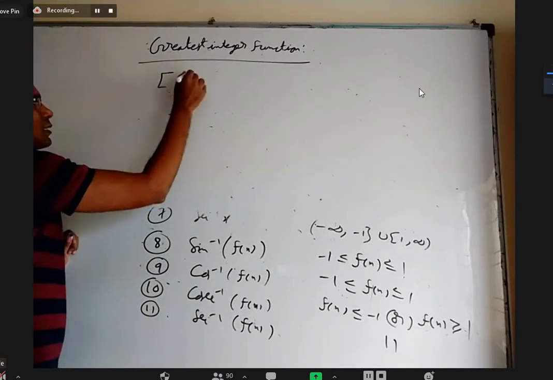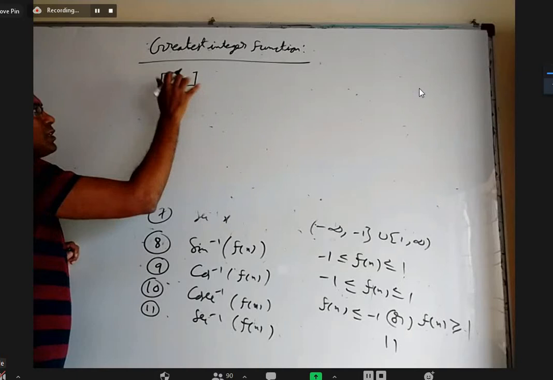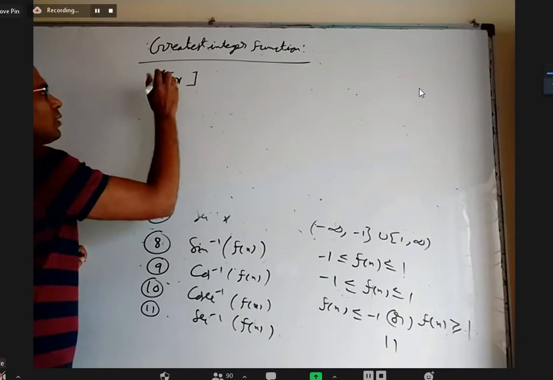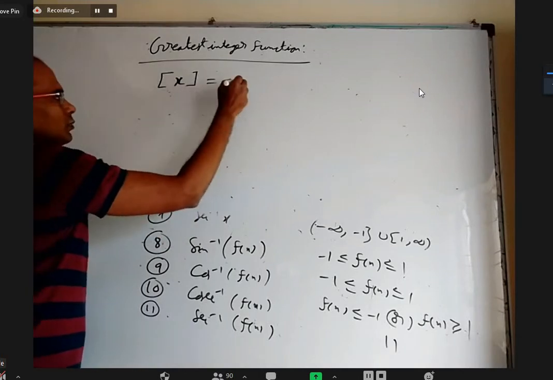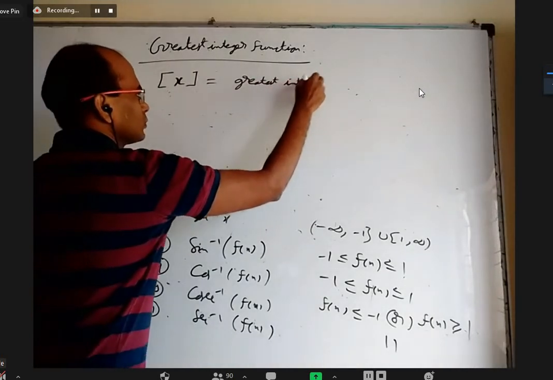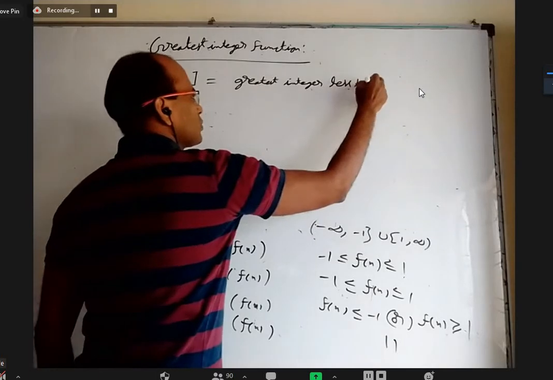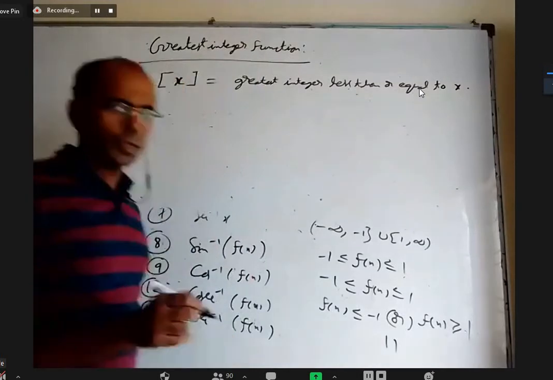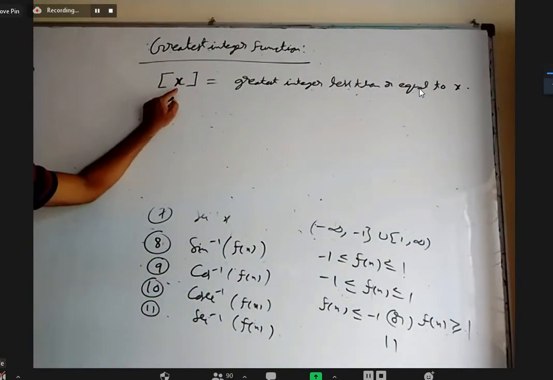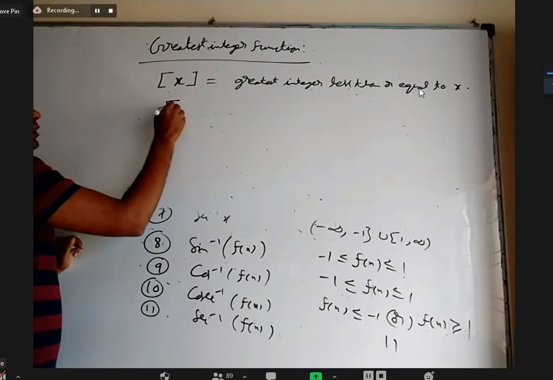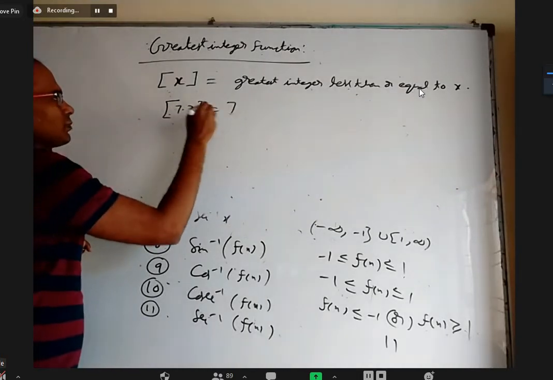There is a symbol like this. It looks like a closed interval, but only one number. If I give two numbers like 2, 7, it is everything between 2 to 7, but with only one number, what it is representing is the greatest integer less than or equal to x. Less than this number, there are a lot of integers, including this number. Among them, what is the greatest integer? That's what it is. For example, if I take 7.2, it is 7.